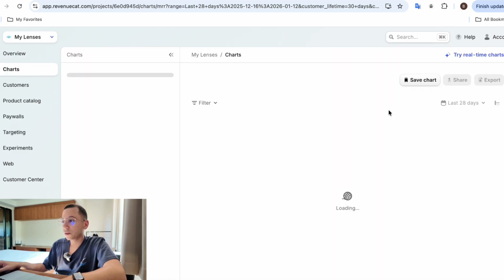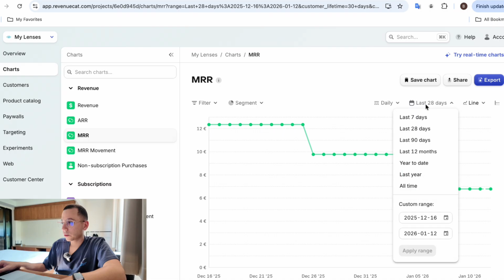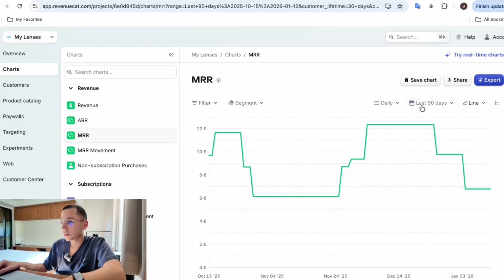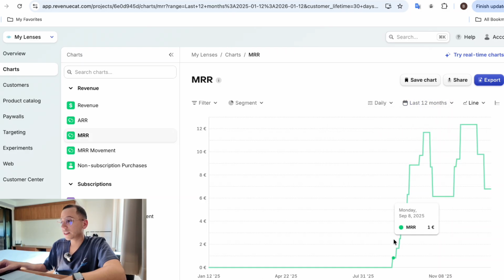So if we go to the detail of the MRR, if we check for the last 90 days, last year, so I started to launch the paywall from September, so it went up to €12 maximum, and now in January it went down to €7. So you see it's not a lot